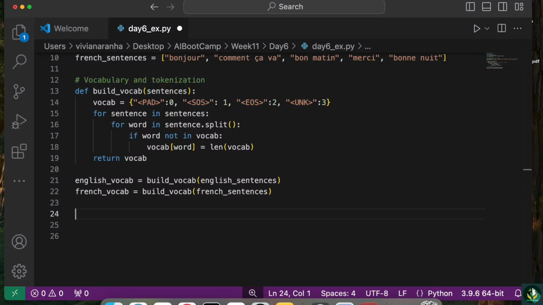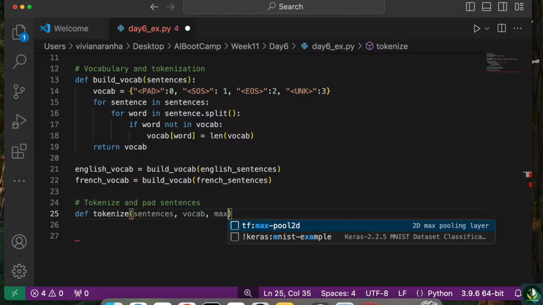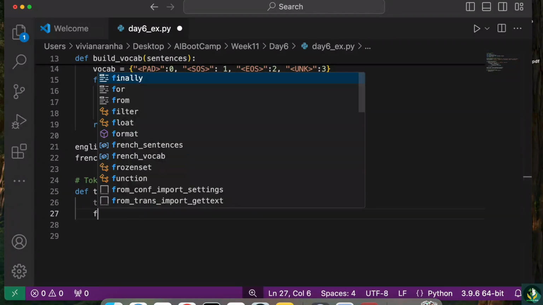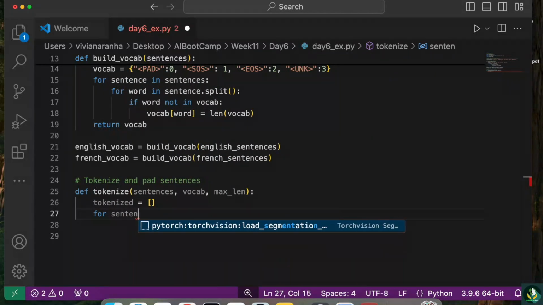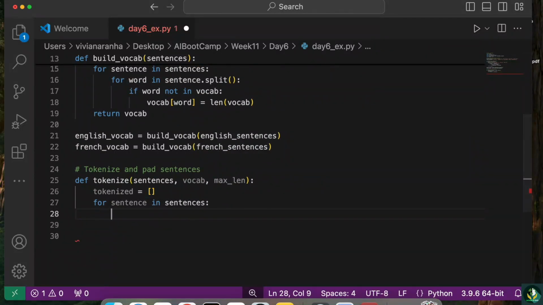Now let's go ahead, and next I want to tokenize and pad the sentences. To do that, I'm going to create a function called tokenize, and to that I will get my sentences, my vocab, and the max length that I want to use as inputs. First I'm going to say tokenized equal to an empty list. So I'm going to initialize with an empty list, and then for sentence in sentences, I'm going to run through each and every sentence, and I'm going to say token equal to